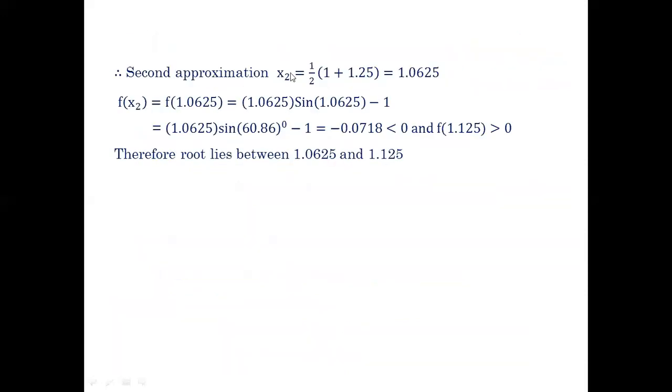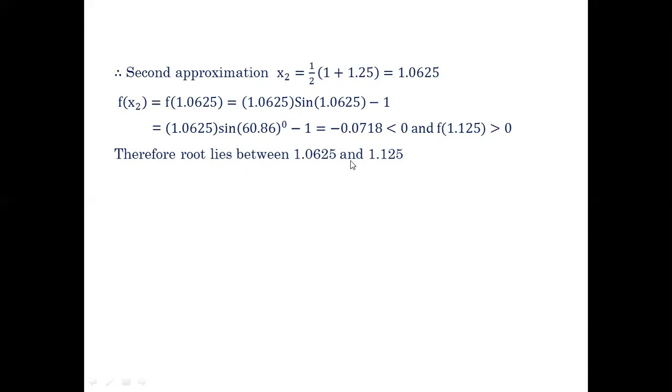The second approximation, x2 is equal to 1 by 2 into 1 plus 1.25, so divided by 2, which gives 1.0625. Find out f of x2. F of x2 is f of 1.0625, x sin x minus 1, which is 1.0625 into sin of 1.0625 minus 1. Converting into degrees, that is 60.86 degree, minus 1, which is equal to minus 0.0718, less than 0. And f of 1.125 is more than 0. Therefore, the root lies between